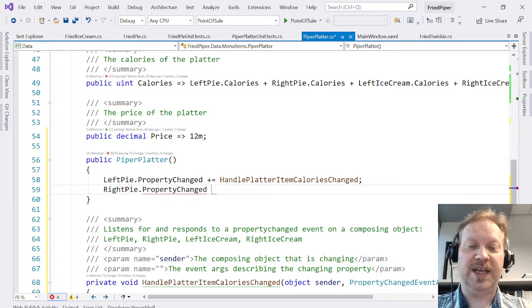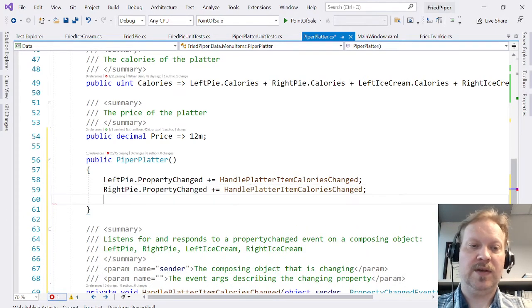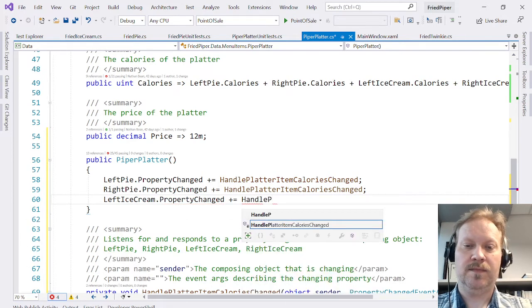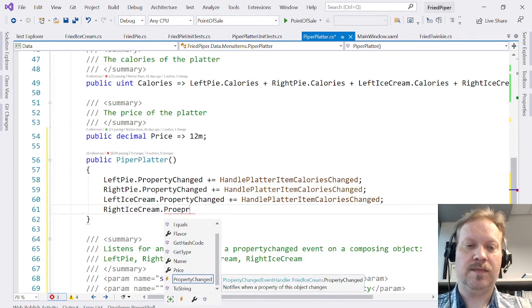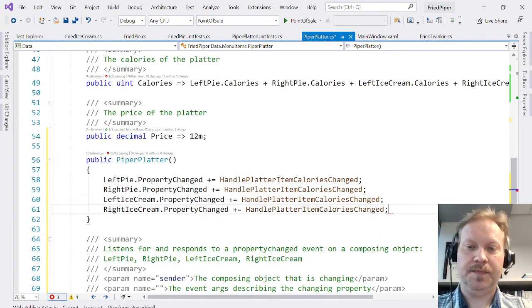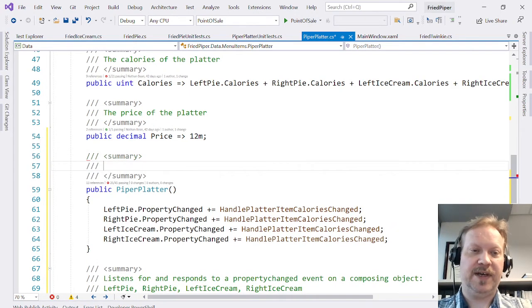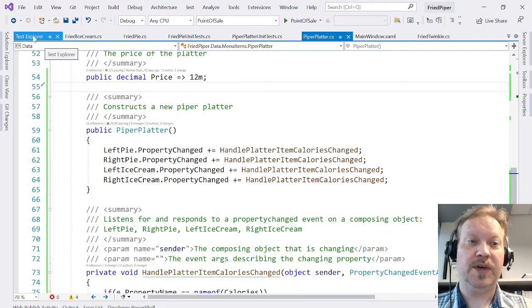We'll do the same for the right pie, and for the left ice cream, and the right ice cream. And of course we have to add our summary. And if we were to rerun our tests now,